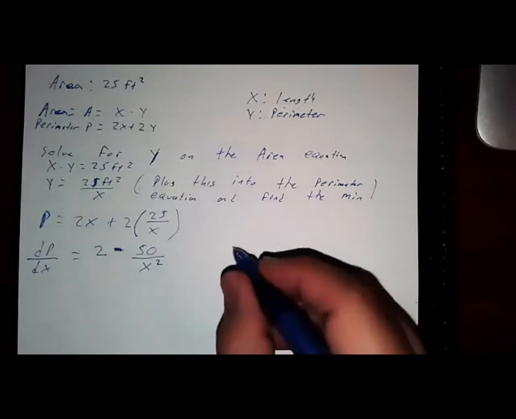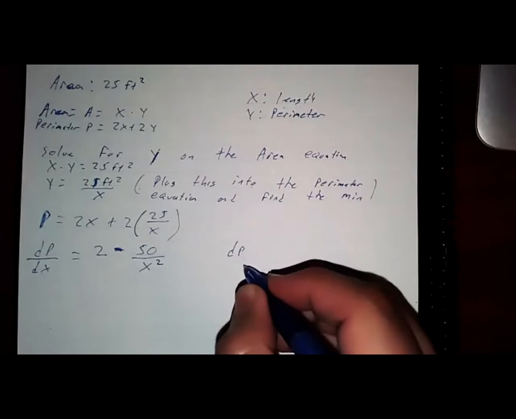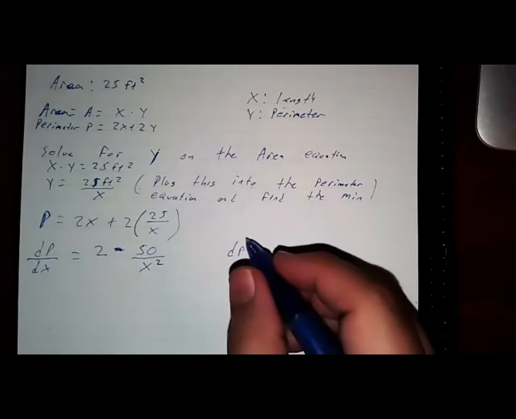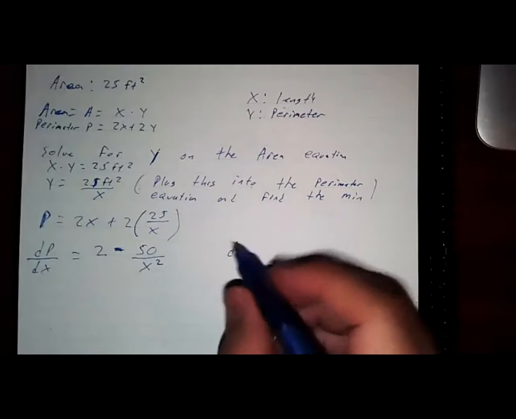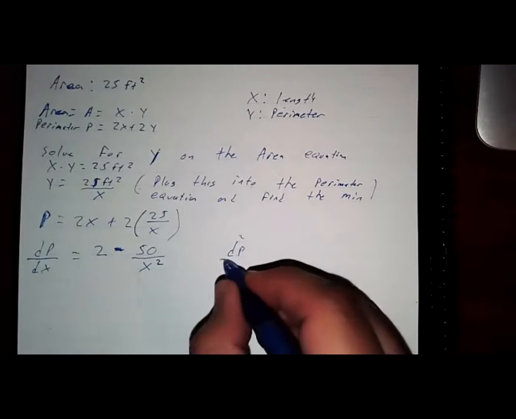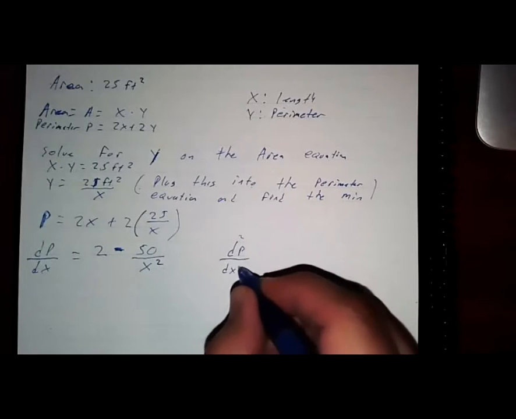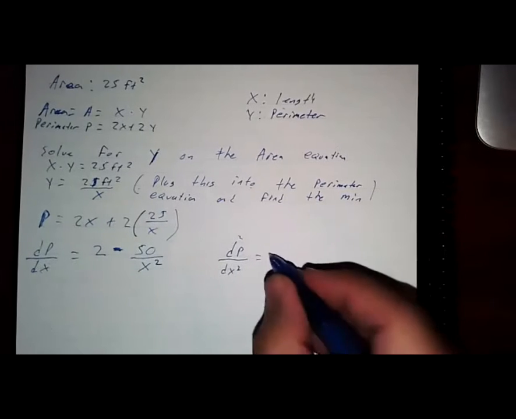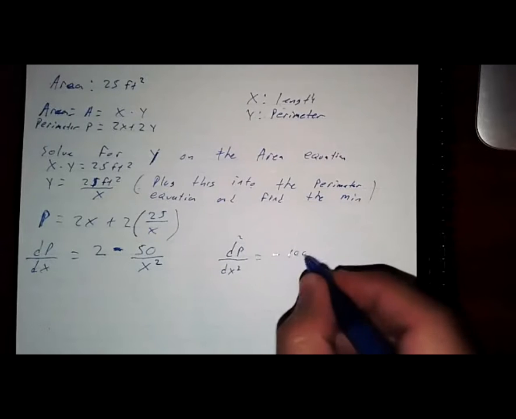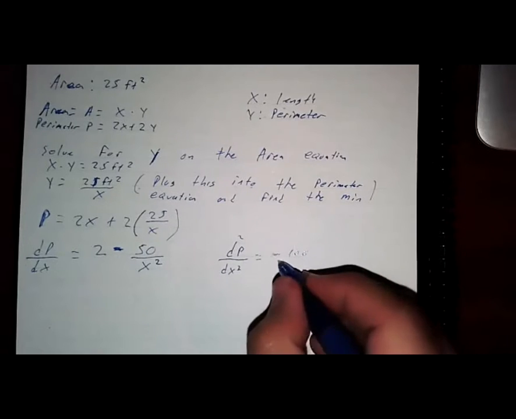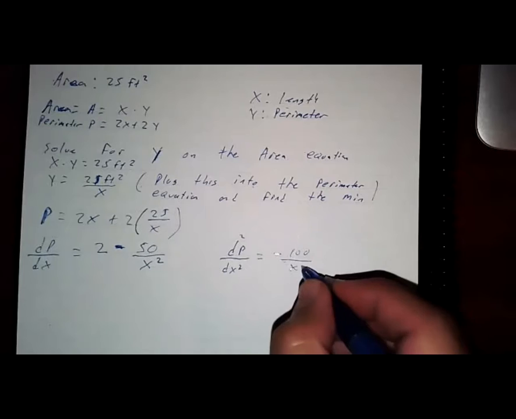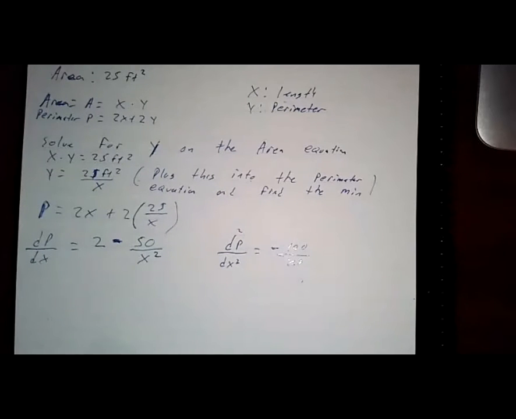Just a minute, I'm still crunching numbers. Take a second one. Yeah, double check me. Yeah, that's what I got. So negative 100 over x cubed. Second derivative would be this guy. But hang on, I didn't get the 2. I only got negative 50x squared. That's fine. All right, so